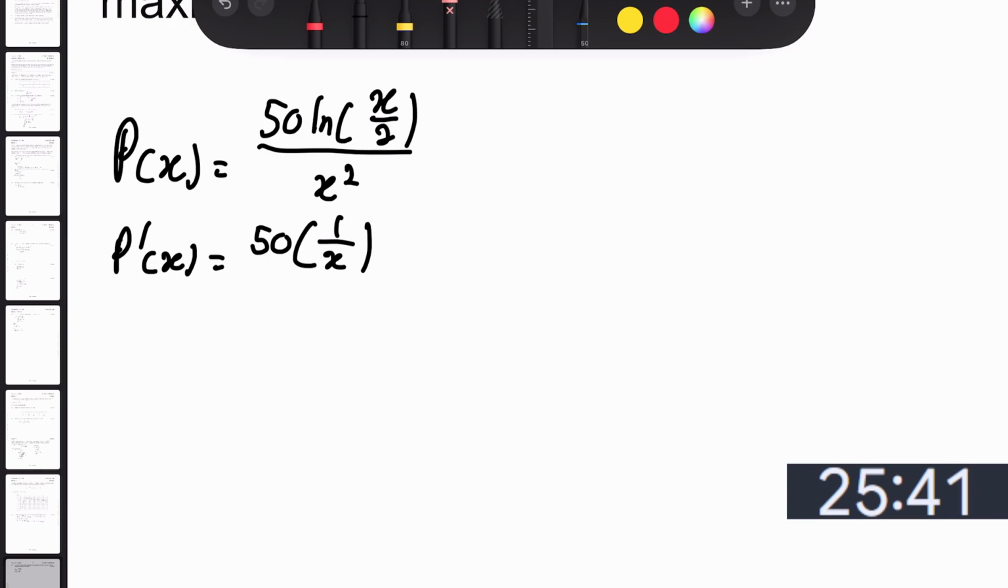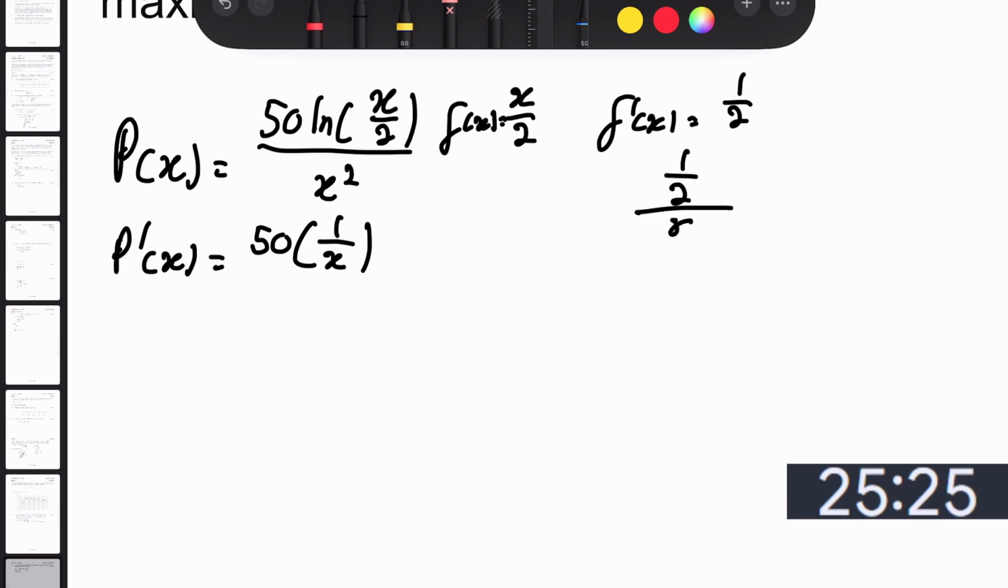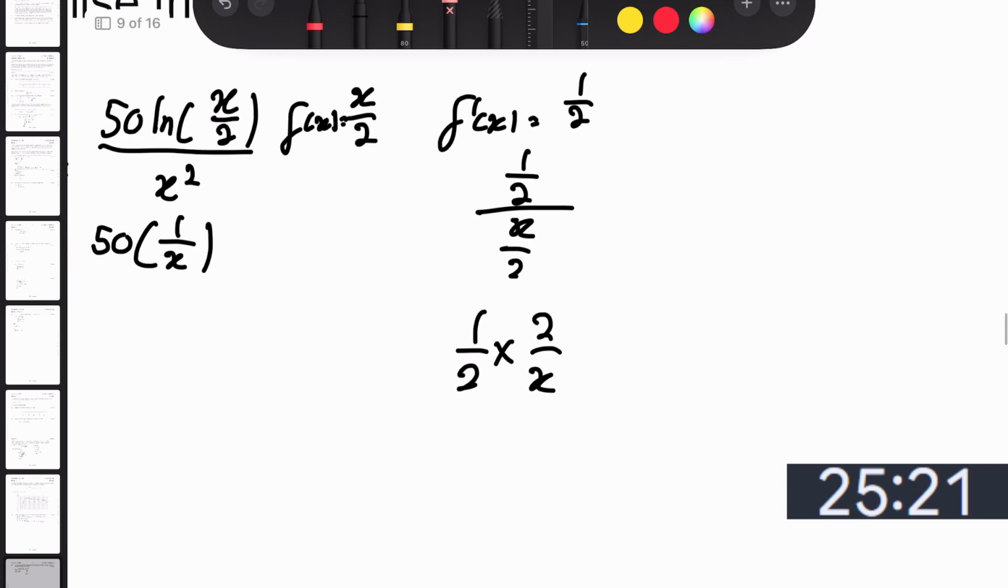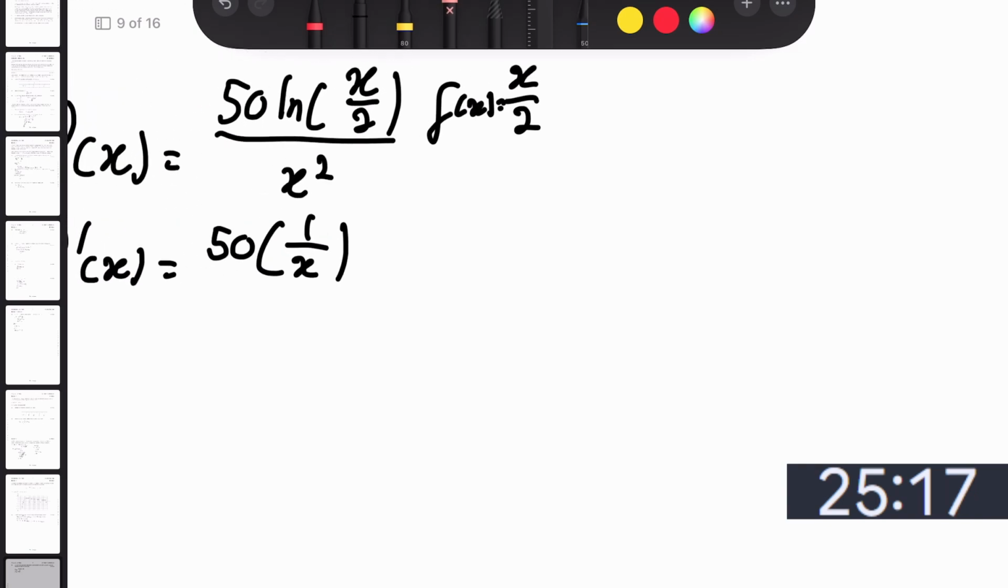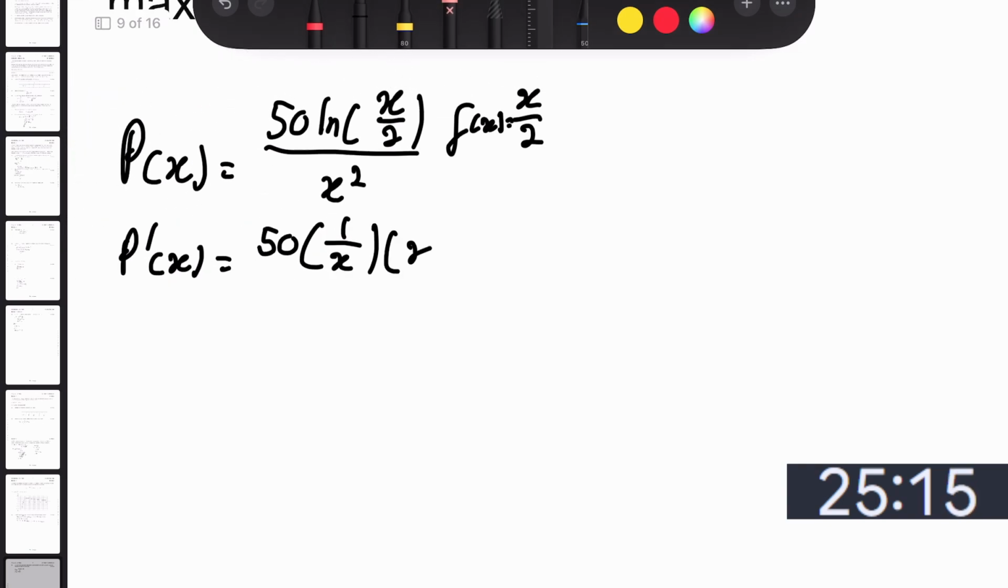Is that right? ln of f of x. My f of x is, I'm having a mind blank here. So f of x is equal to that. So my derivative is going to be equal to 1 on 2. So 1 on 2 divided by x on 2 is 1 on 2 times 2 on x. Okay, and then this will be times x squared,